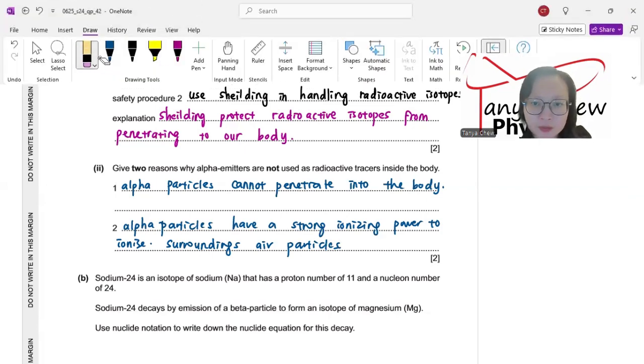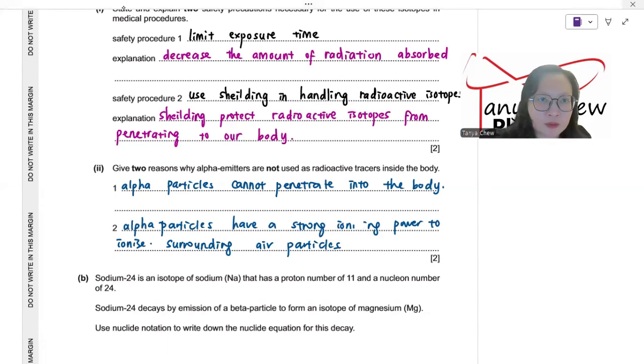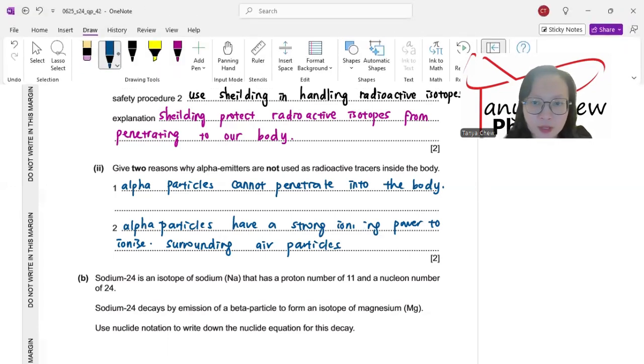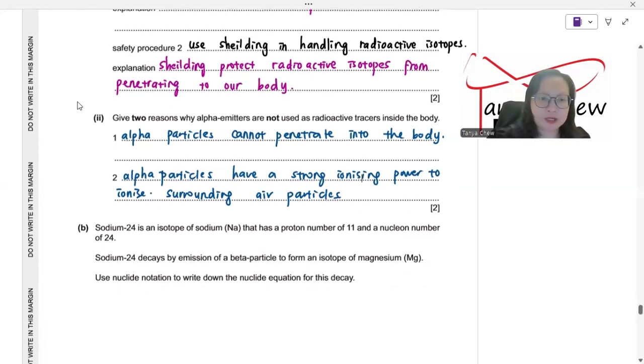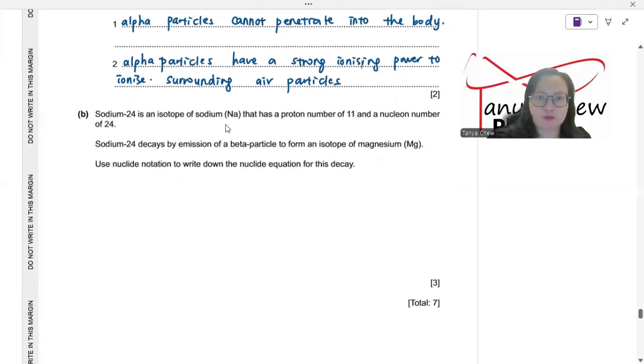Okay, let me erase this one. Hypo ionizing. Okay, ionizing. Yeah, that's it. B, sodium 24 is an isotope of sodium Na that has a proton number of 11